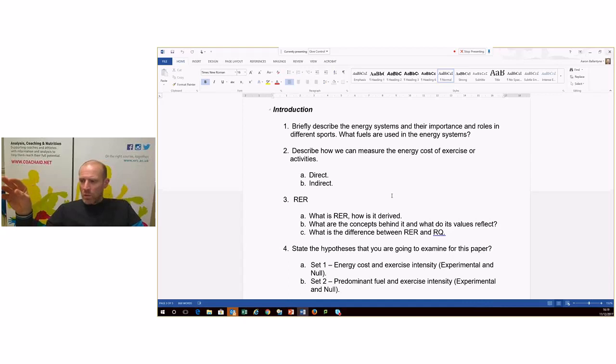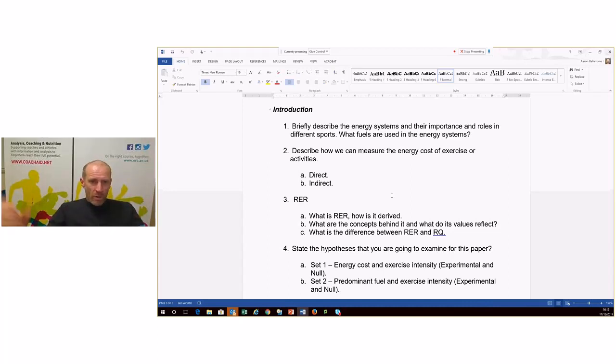I think it was Wilmore and Fox's exercise physiology textbook that has a table in it, which gives you the breakdown of the three energy systems for a whole variety of sports. I wouldn't put the whole table in, but you could summarize the table and say in your assignment, you know, this table is summarized from Fox's Physiology. I can't remember the two authors off the top of my head. So